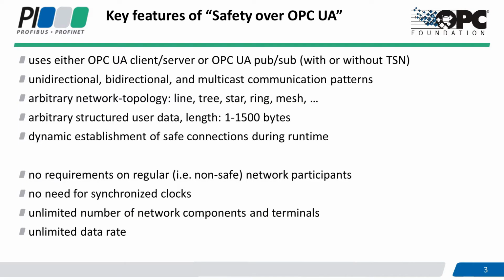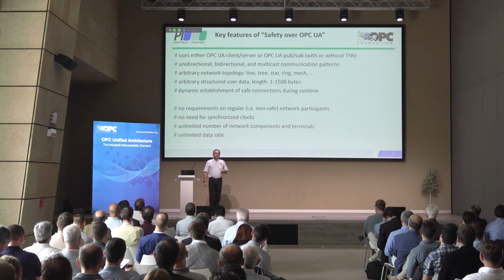This means you can use either an OPC UA client or an OPC UA server. You can also use PubSub, and later on, maybe if somebody implements it, you can also use it with PubSub and TSN together. You can do it unidirectional, bidirectional, and of course also with multicast communication patterns. This is for UDP. Arbitrary network technology, line, tree, star, ring, whatever you want, can be implemented with this